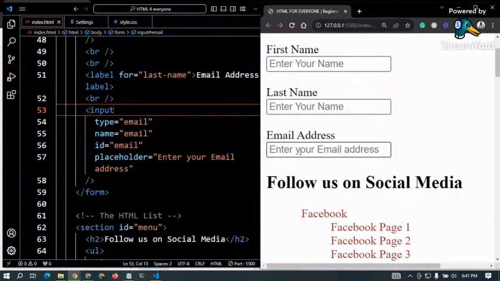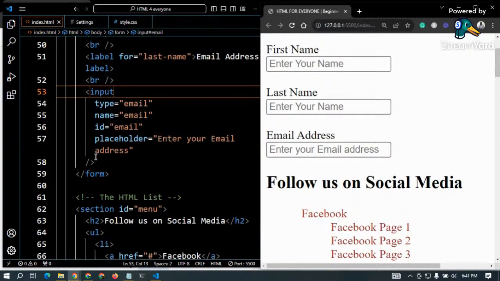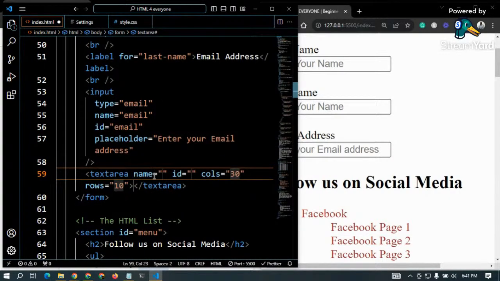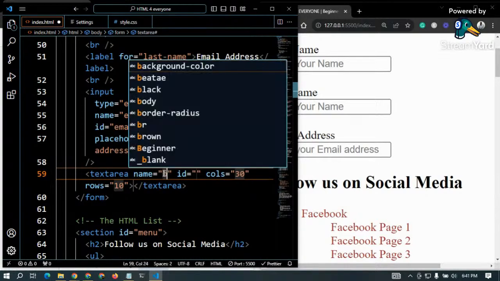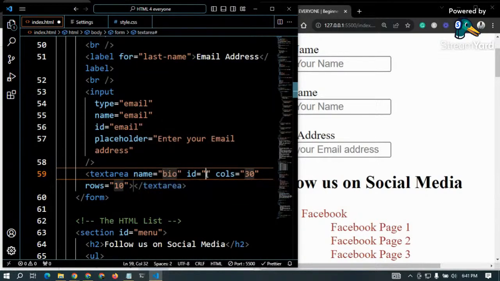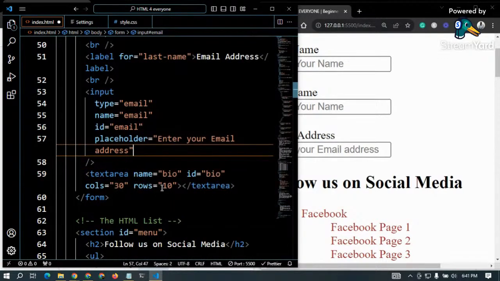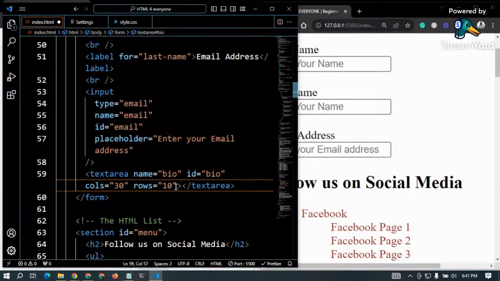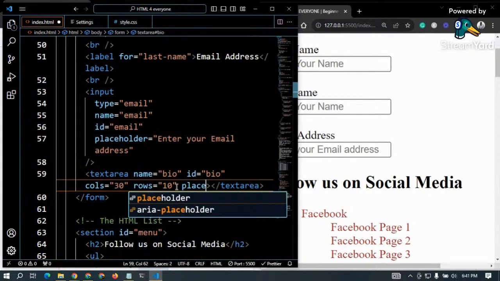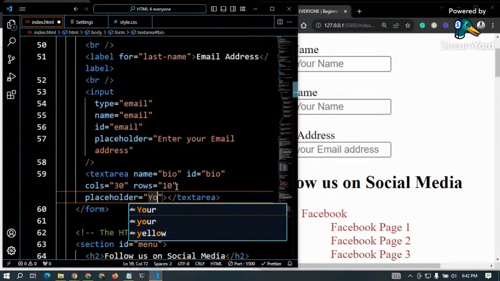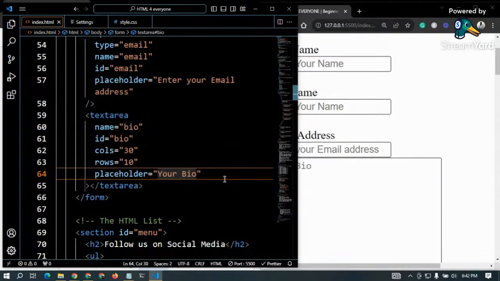We have the radio buttons, we have the check boxes, and a lot of all of that. We also have the text area. We have the text area. So you can do something like text area. So the name can be maybe your biography. So bio. Then I can also use the ID of bio. Column 30, rows 10. Then you can also do placeholder. You can do a placeholder of maybe your bio. If I save this, you can see that